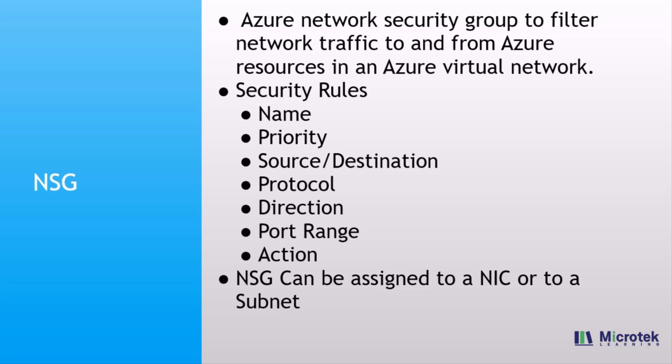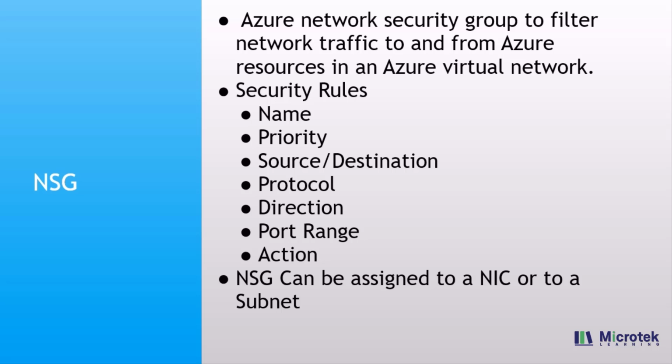So first you need to create a network security group by specifying a name, a resource group and a region. And once a network security group is created, you need to create new rules for it, right? So the security rules consist of the following. First is a name. It's a name that you can use to identify a rule. For example, if you want to allow port 3389 for RDP, you can specify a name called RDP-3389 just for